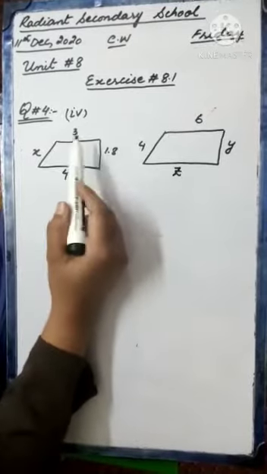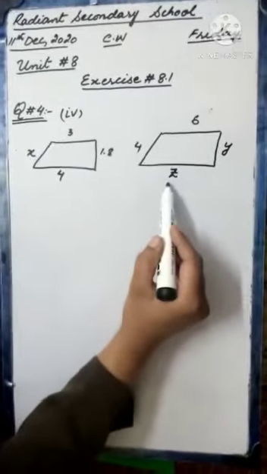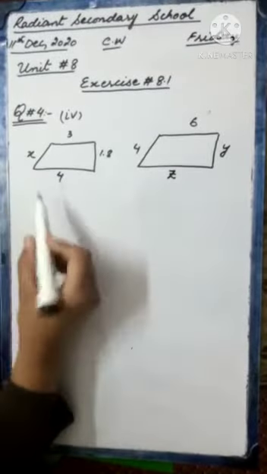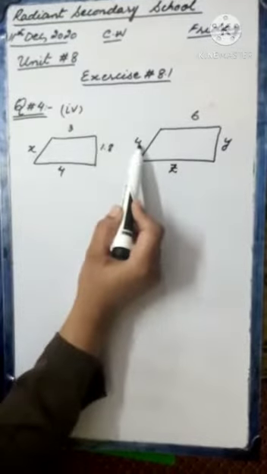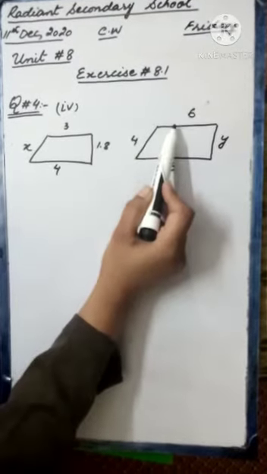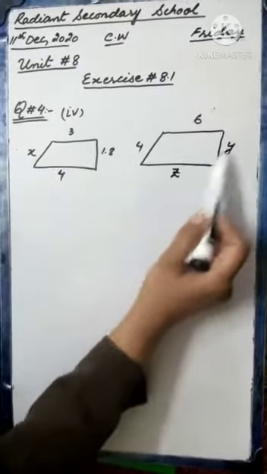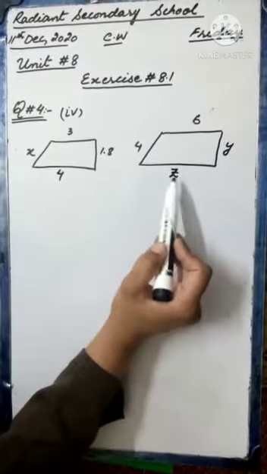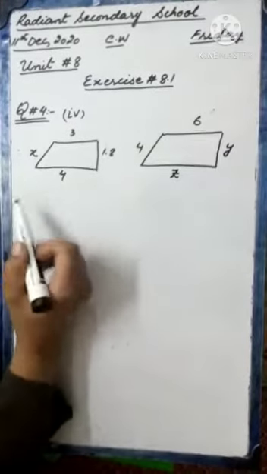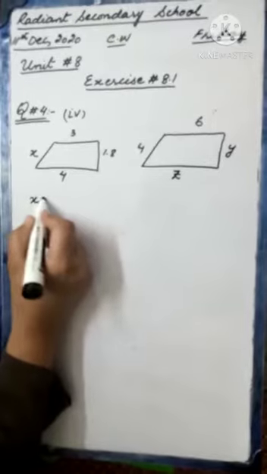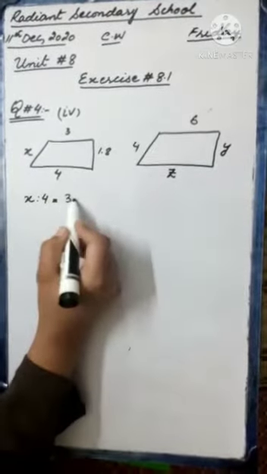Okay, so now in part number 4 we have to find the value of the unknown sides x, y and z. So starting with x, we can make the ratio of x with 4: x ratio 4 equals 3 ratio 6, because if we make a ratio with y or z, then obviously these two are also unknown. We cannot find the value of x from this ratio. So we will select this one. x ratio 4 will be equal to 3 ratio 6.